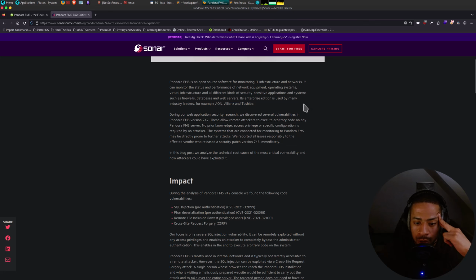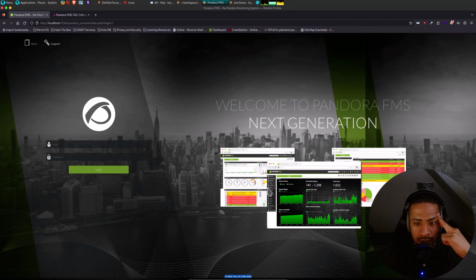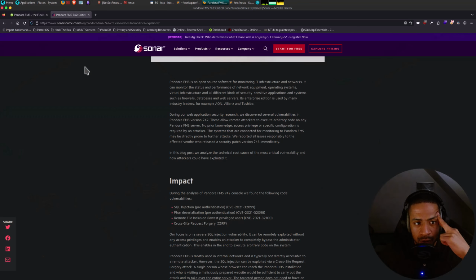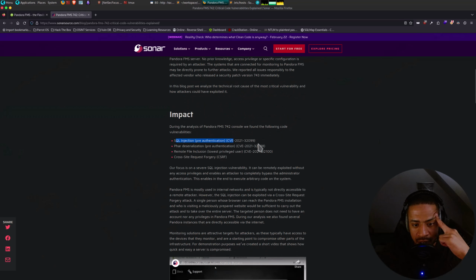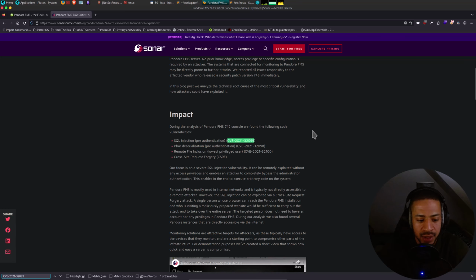Okay, it's for monitoring software. So FMS, monitoring software. There is an SQL injection, pre-authenticated, a PHAR deserialization, out of my league for now, and a remote file inclusion. Let's see about this SQL injection.